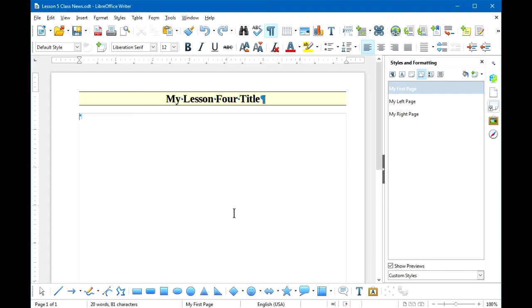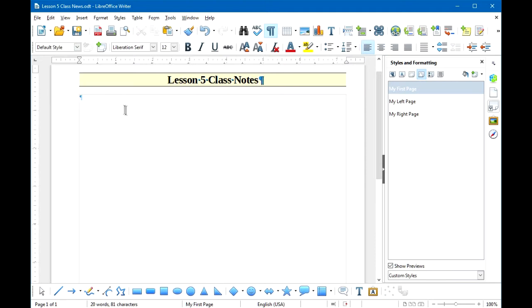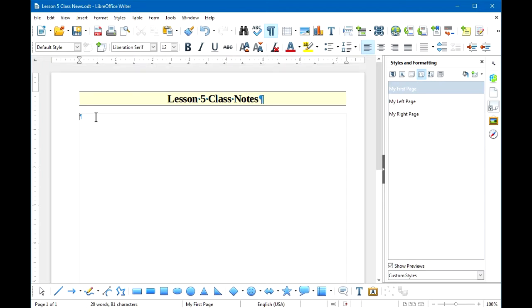Because I checked all those boxes on when I was importing the page style, it imported everything including the text that I had here in the title bar. So I'm going to select that, and I'm going to replace the title with Lesson 5 Class Notes. And then I'll place the cursor in the top line of the body of this new document. On the first line in the new document, I'm going to type Class Notes 4 and leave a space, and